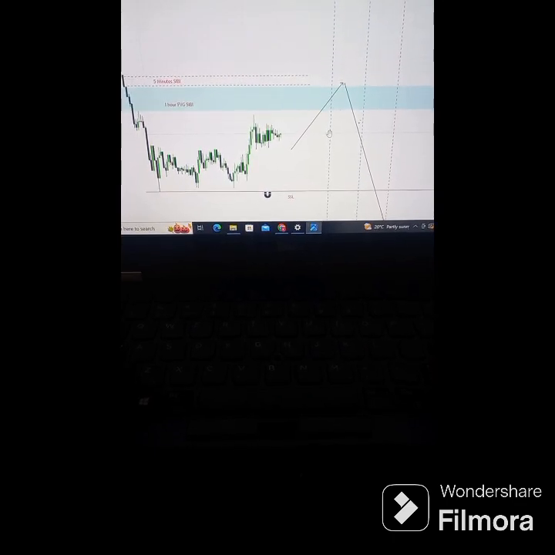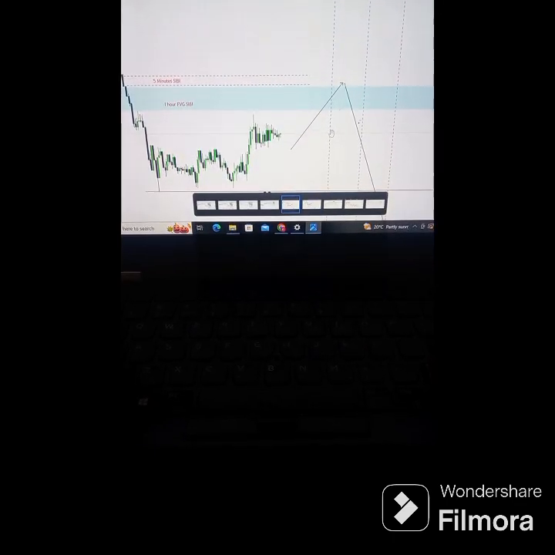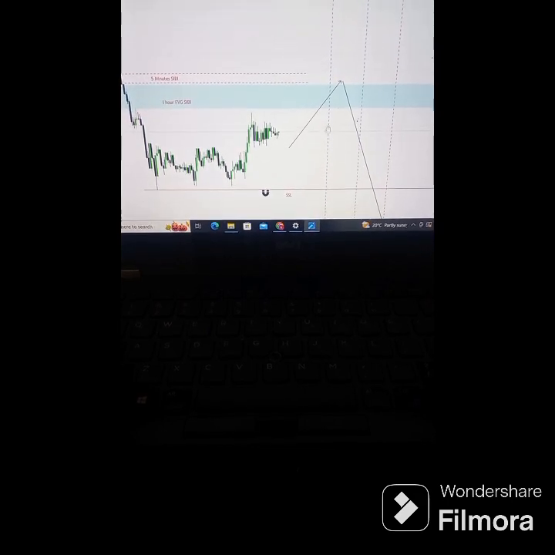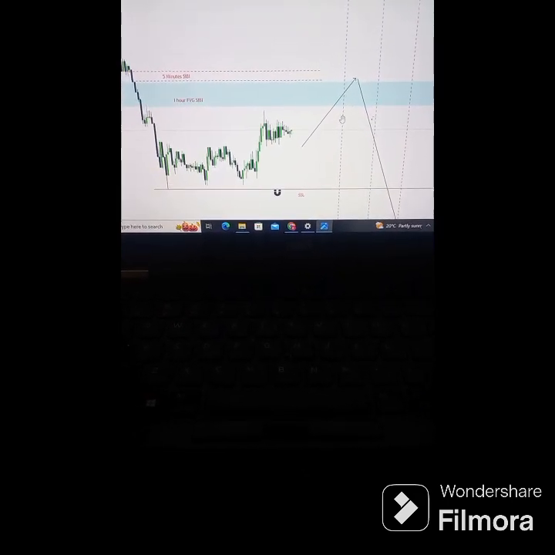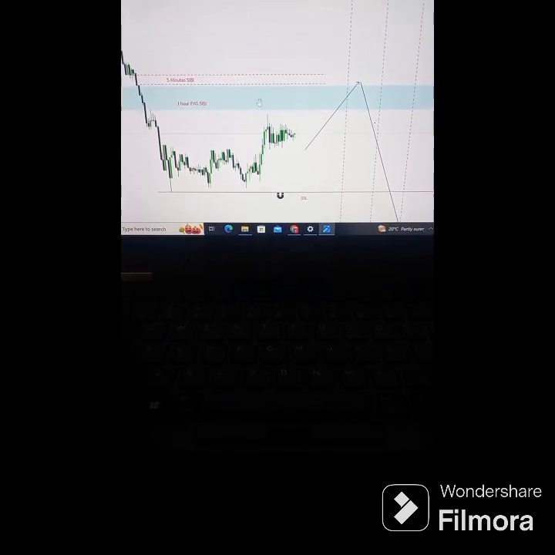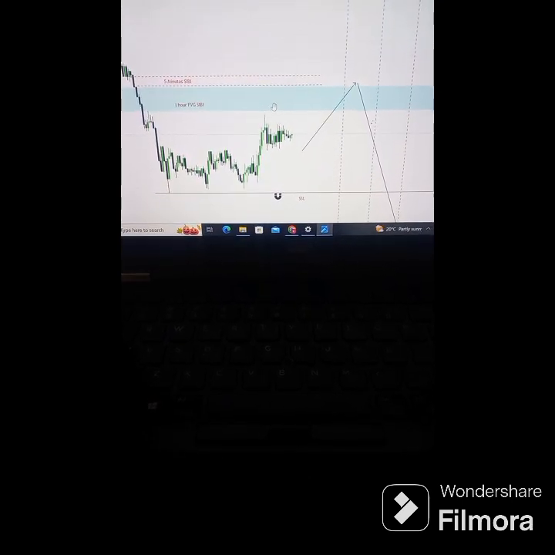This is the kill zone, the New York kill zone, right here where you can see my cursor. This is where the New York kill zone starts. And this is the fair value gap on the 1 hour time frame, and as I was